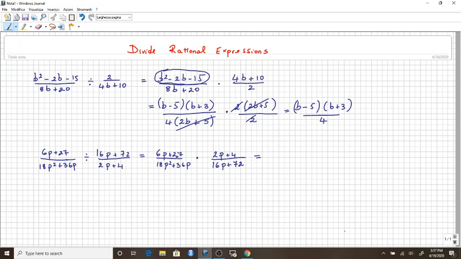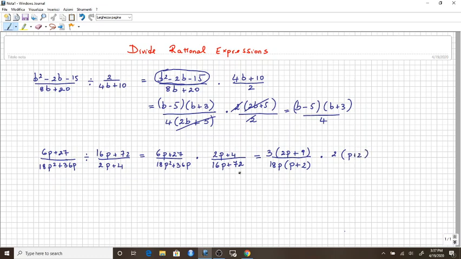Well, let's take a look at 6p plus 27. What's the greatest common factor? Now 27 is not divisible by 6, but it's divisible by 3. So 3 should be the greatest common factor. And then we get 2p plus 9. And then between 18p squared and 36p, the greatest common factor is 18p. So times p plus 2, because 2 times p would be 36p, and then between 2p plus 4, there is the greatest common factor of 2, times p plus 2, and then